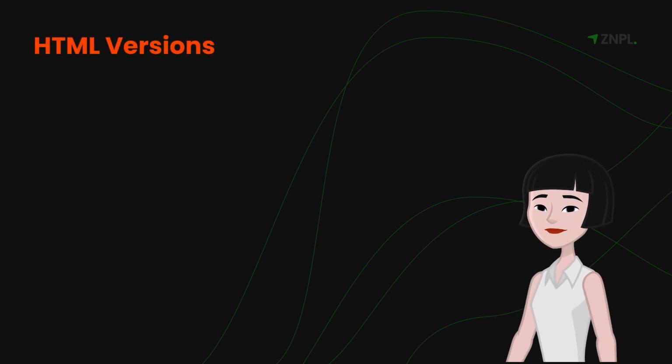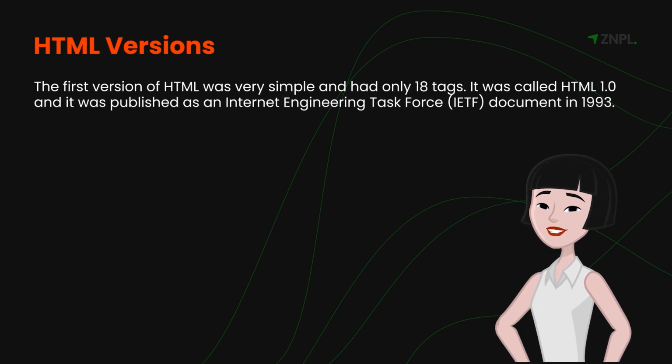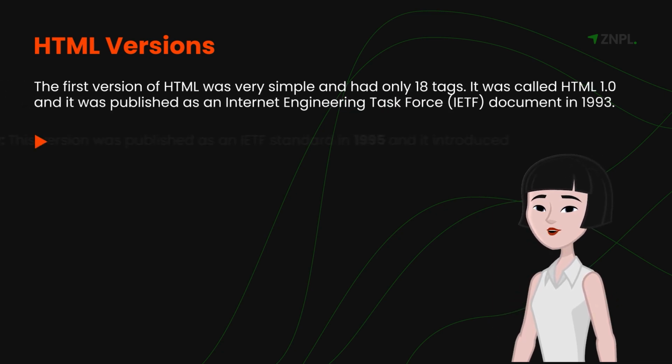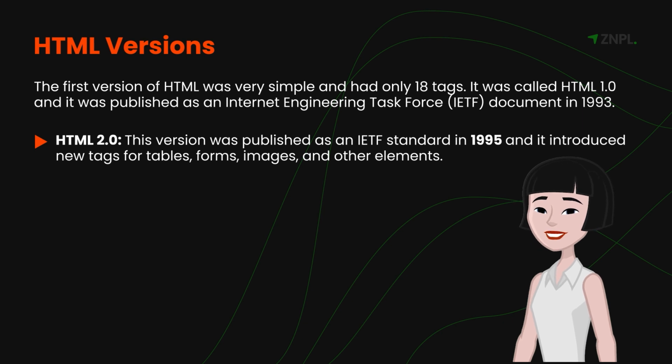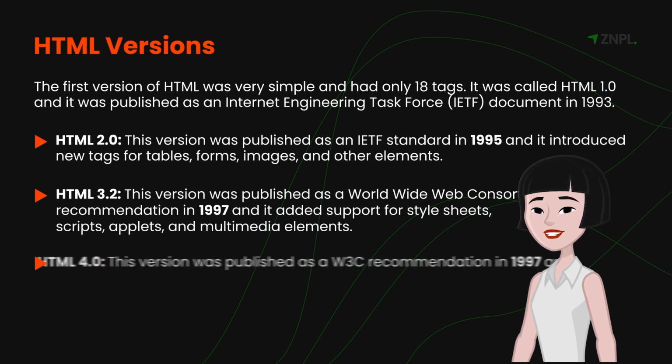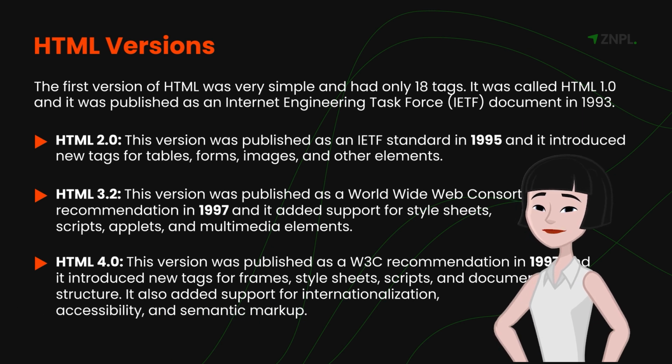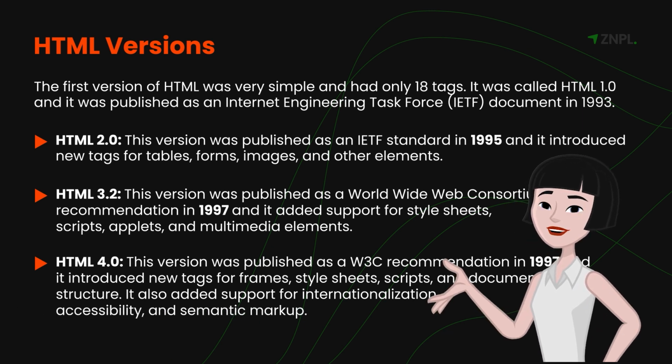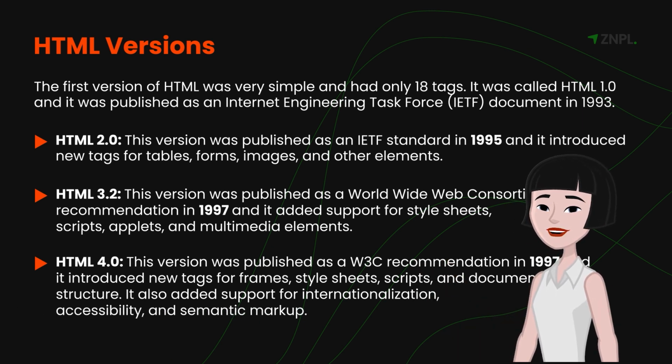HTML versions. The first version of HTML was very simple and had only 18 tags. It was called HTML 1.0 and it was published as an Internet Engineering Task Force (IETF) document in 1993. Since then, HTML has evolved through several versions, each adding new features and capabilities. Some of the major versions of HTML are